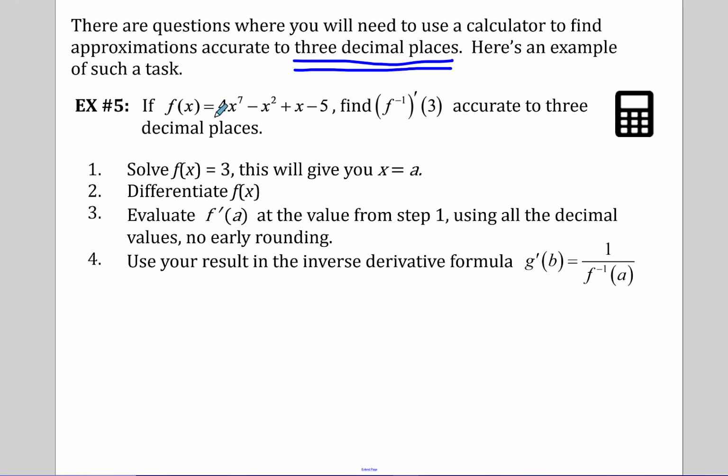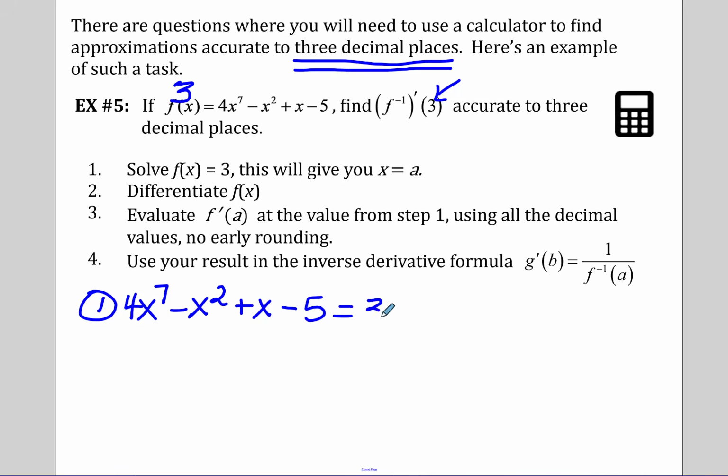So here's an example of this task. We've got this function and we want to find the derivative of the inverse at 3, and we need to be accurate to 3 decimal places. So this is the x value on the inverse. It's the y value over here, so the function's 3. That means I want to take 4x to the 7th minus x squared plus x minus 5 and set that equal to 3. And I'm using an Inspire, so I can actually pull up my Inspire